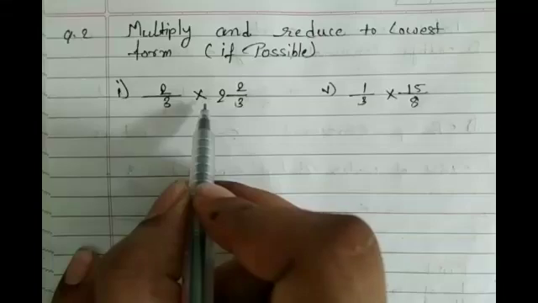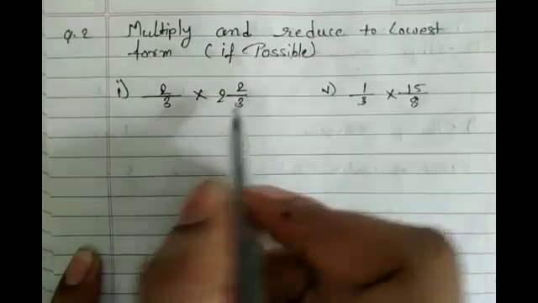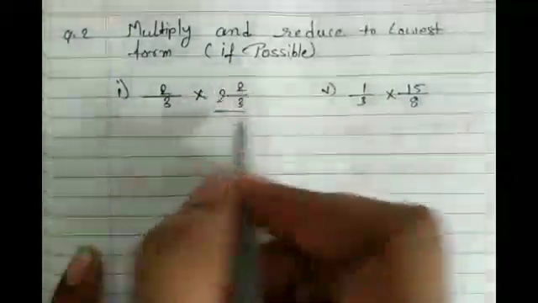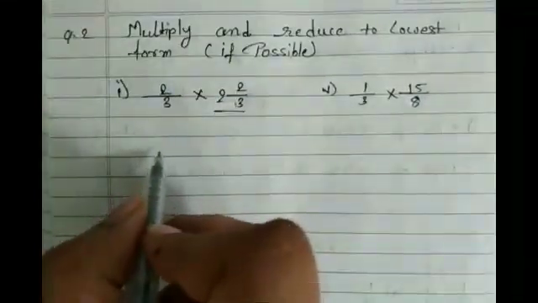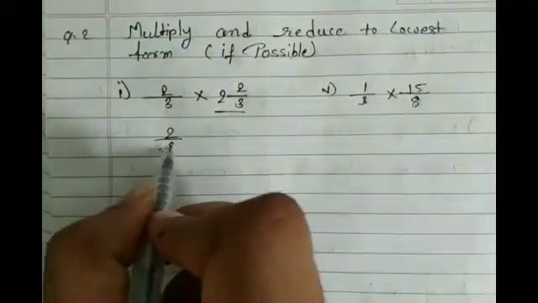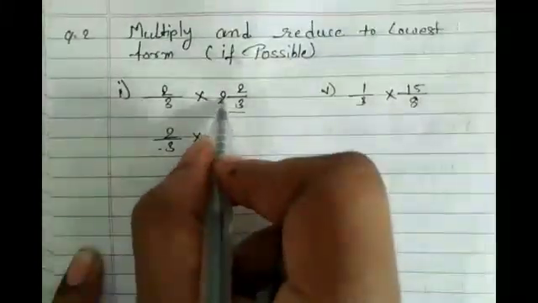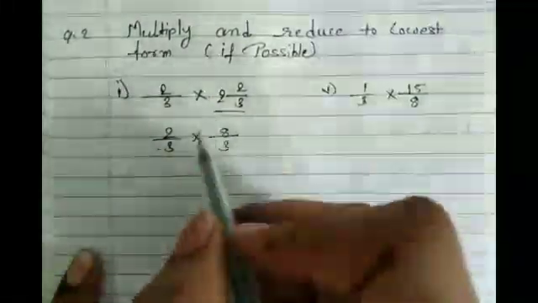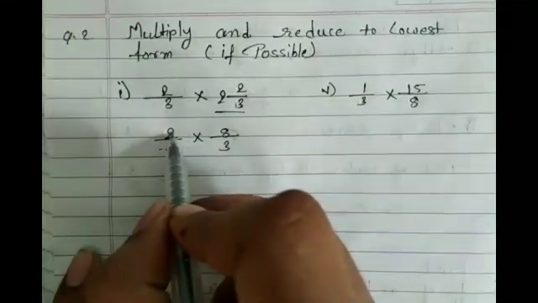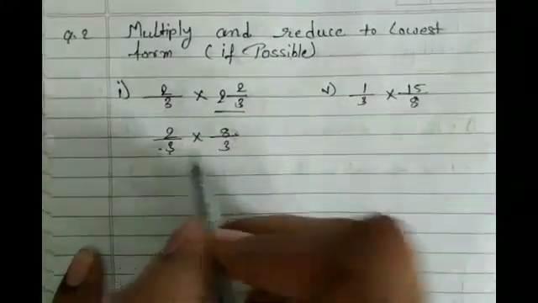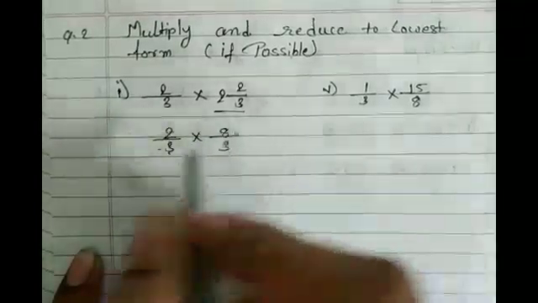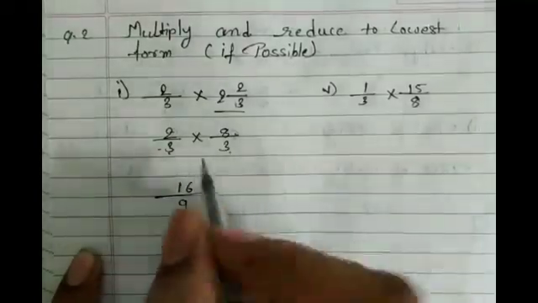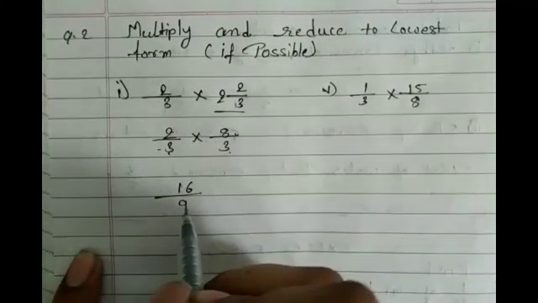2 upon 3 multiply with 2 2 upon 3. So first convert this 2 2 upon 3 into a simple fraction. So we write 2 upon 3 multiply with 3 2s are 6, that's 6 plus 2, 8 upon 3. Now multiplication, numerator with numerator, denominator with denominator. 2 8s are 16, 3 3s are 9. Our answer is 16 upon 9.